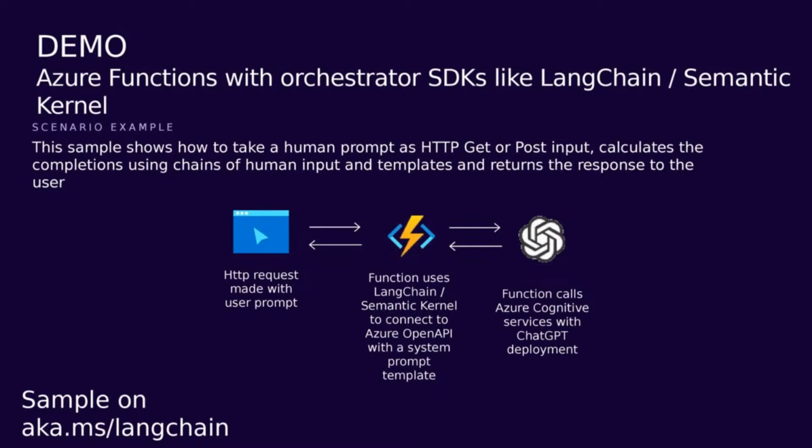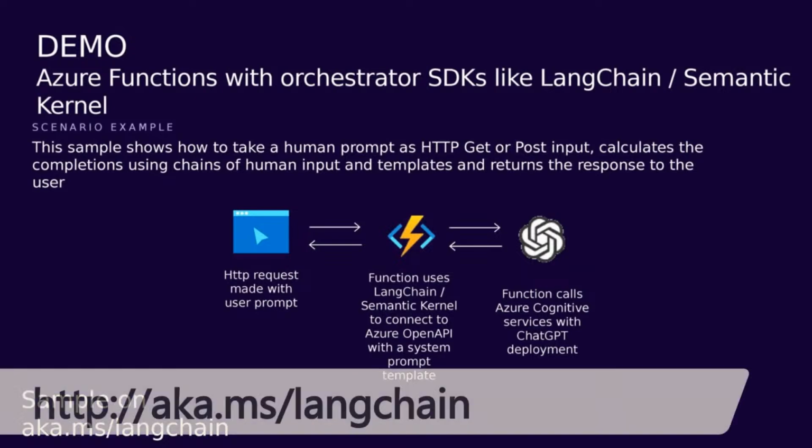What does it mean to use these LLMs? How can I use, people were mentioning earlier, what is Langchain? Like, what can I do with it? Or maybe you're trying to use semantic kernel. And so there's an example up there on that at aka.ms/Langchain. And so it's open source, up on GitHub. You can try it yourself.